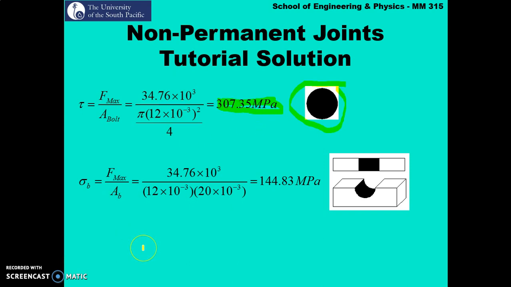Now when we look at the bearing stress, the bearing stress is F max divided by the bearing area. The bearing area is simply given over here. It is simply the diameter times the thickness of